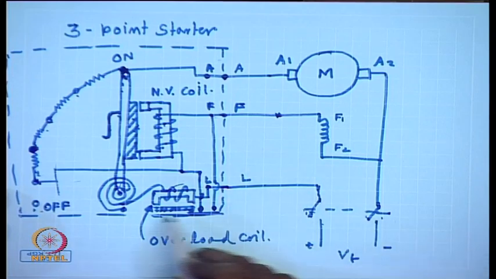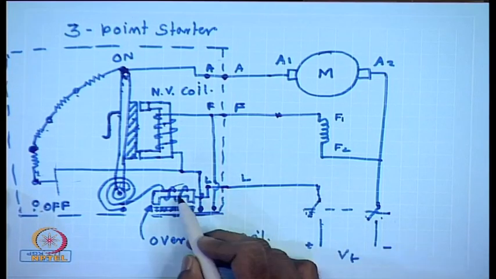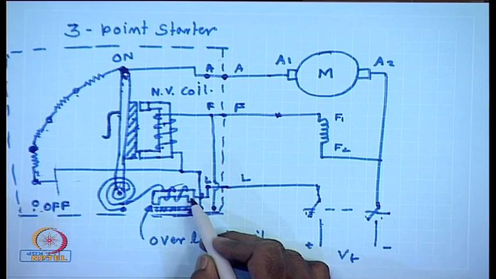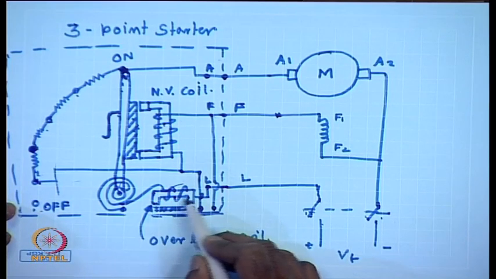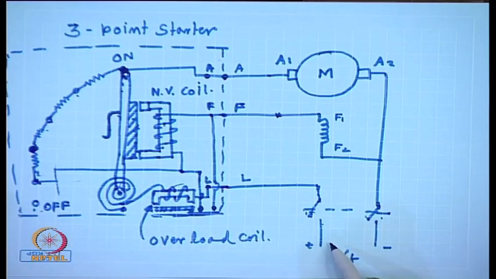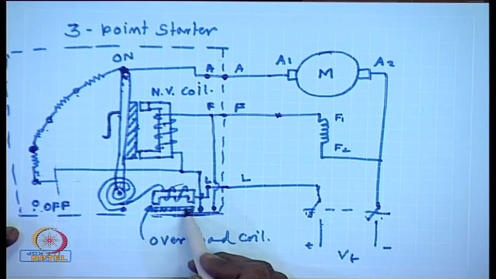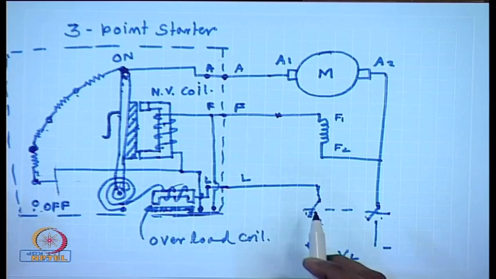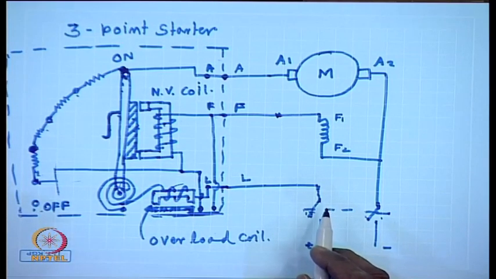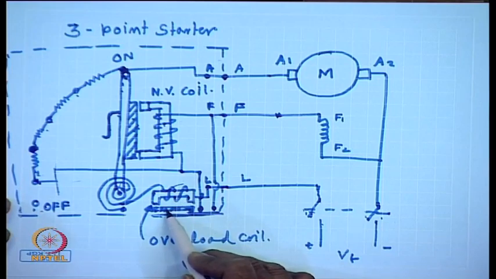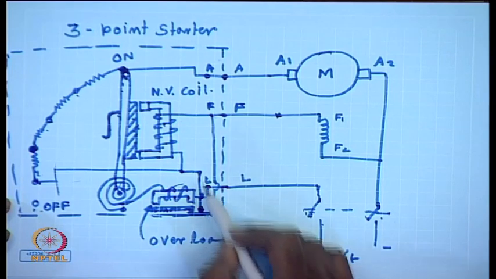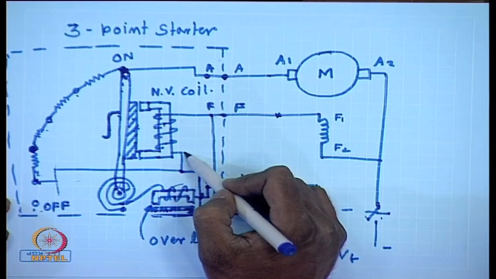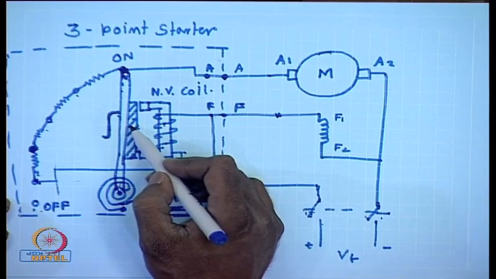So, as long as the load current is within the permissible value, the pull of this electromagnet is not large enough to attract this plunger, but when the load current increases to a very large value, then this plunger is pulled, so that the contact here is closed, which shorts the no volt coil, and hence the starting arm is released and the machine